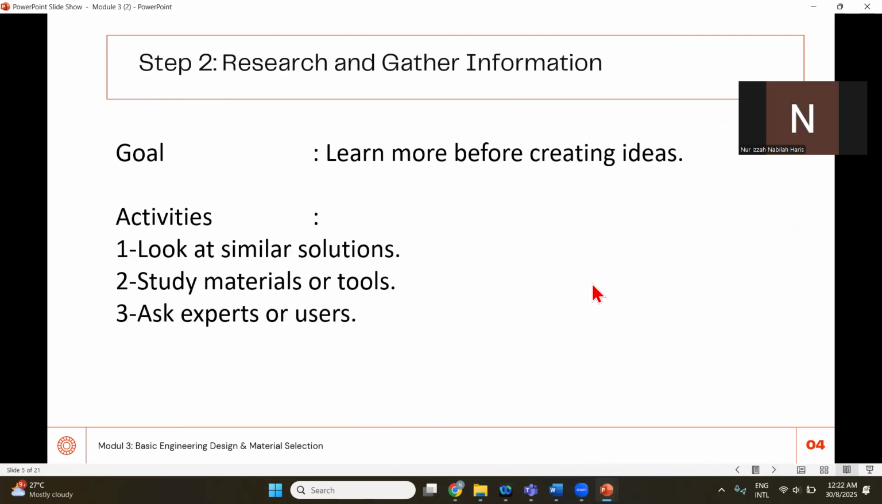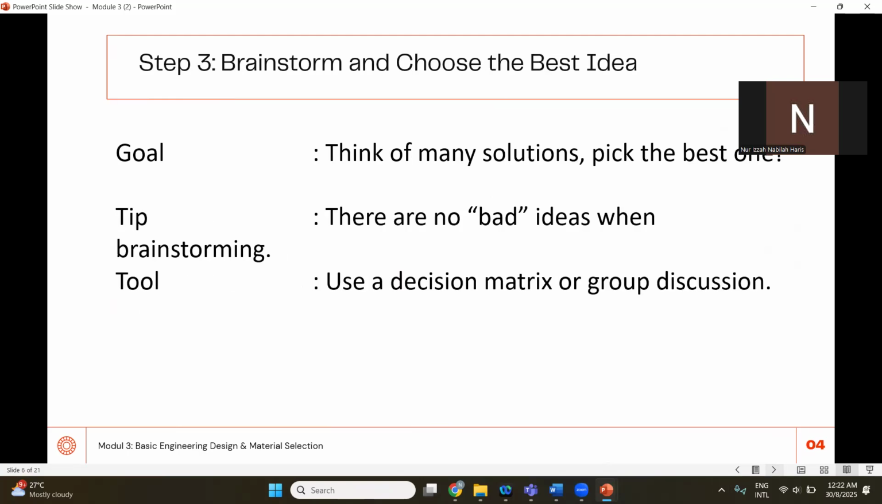And then step 2 is to research and gather information. So we have done this. After we did some research, we found out that we can make a vending machine for the oil collection system to be automated. Now, step 3 is to brainstorm and choose the best idea. So we also have done this process whereby we discuss what will be our solution, and